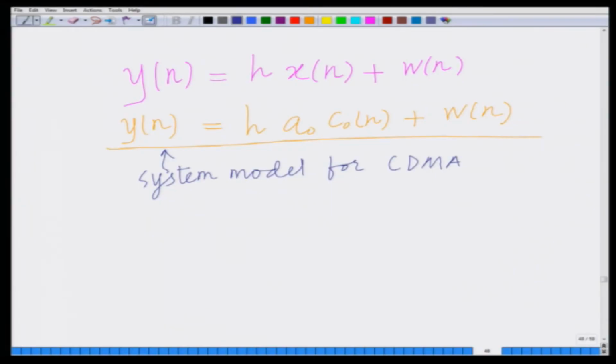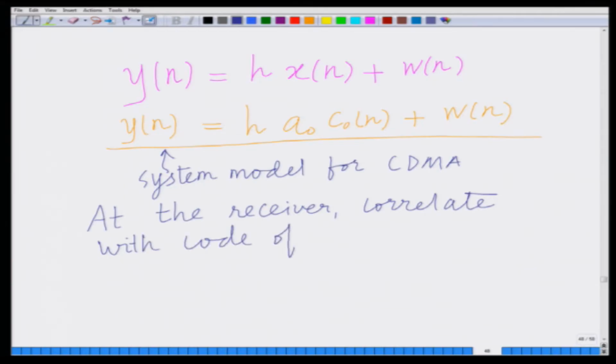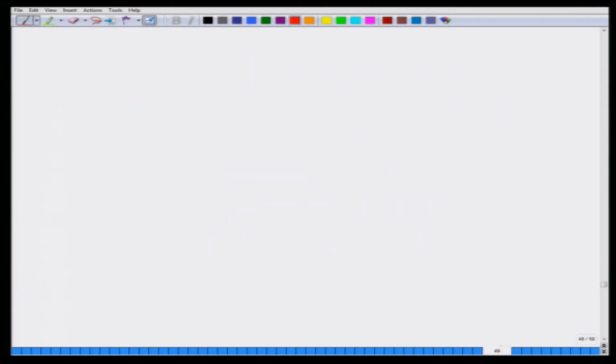So, at the receiver we process y[n]: correlate with the code of user 0, which means I have to perform (1/N) summation of y[n] c0[n], that is element-wise multiplication, sum, and finally divide by N. This is my correlation